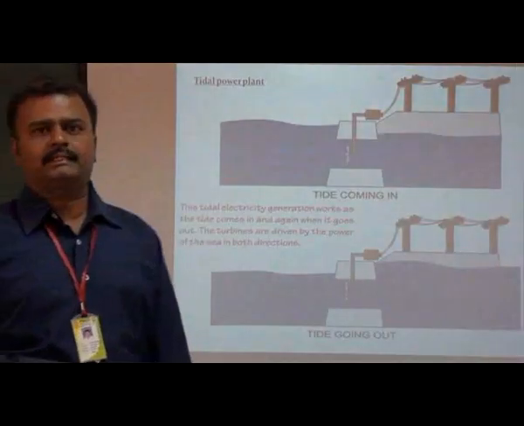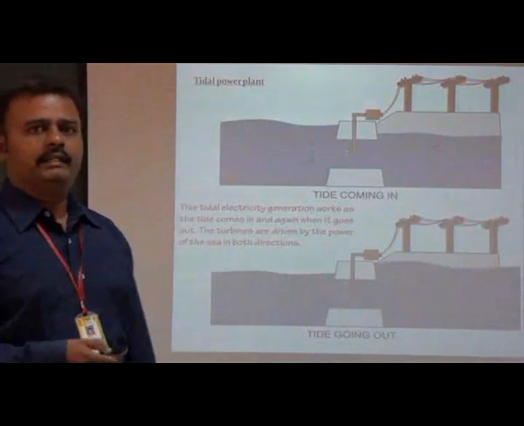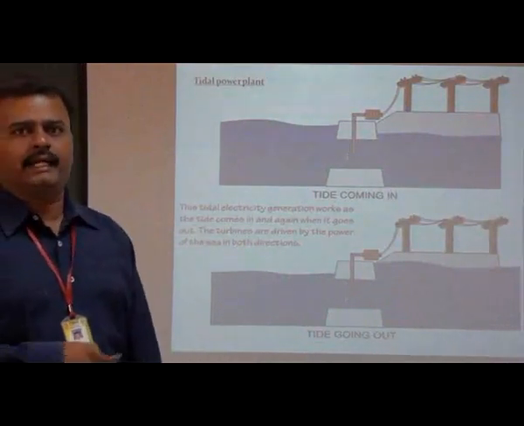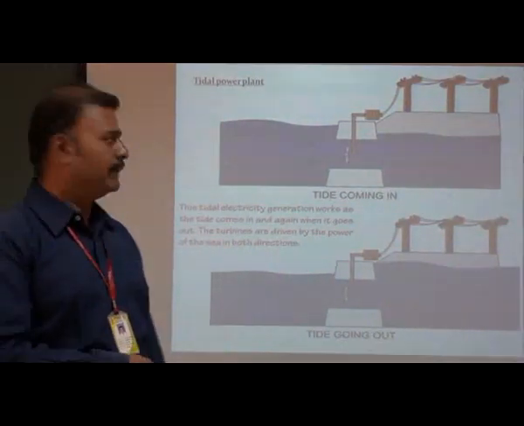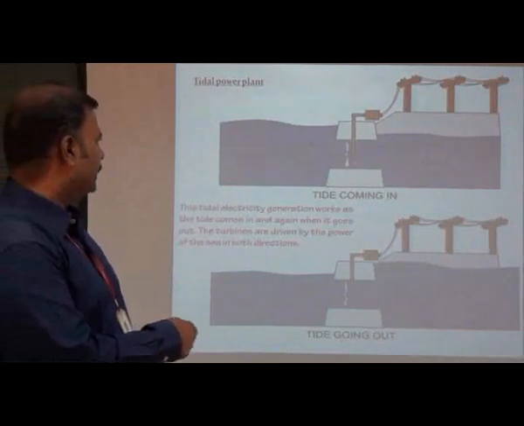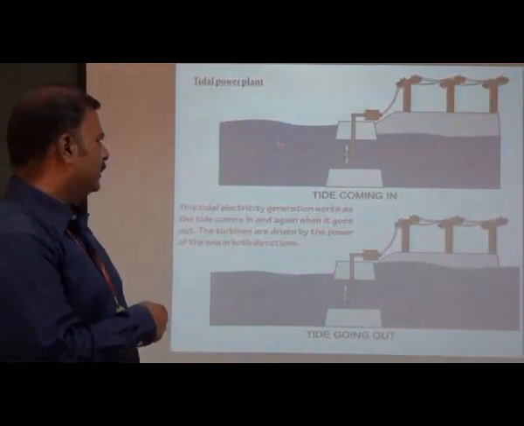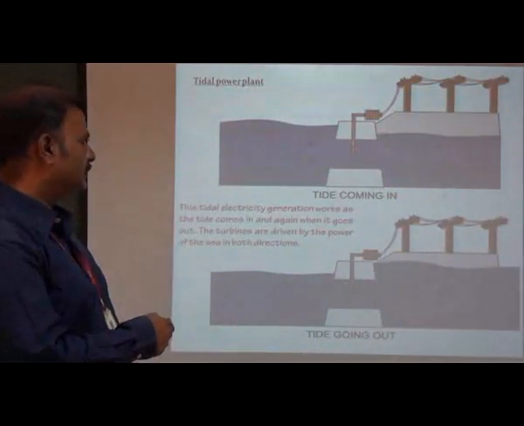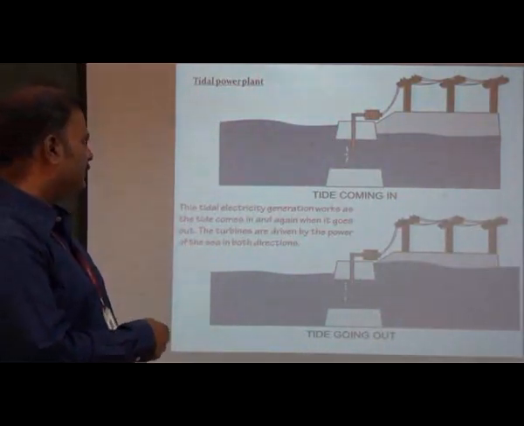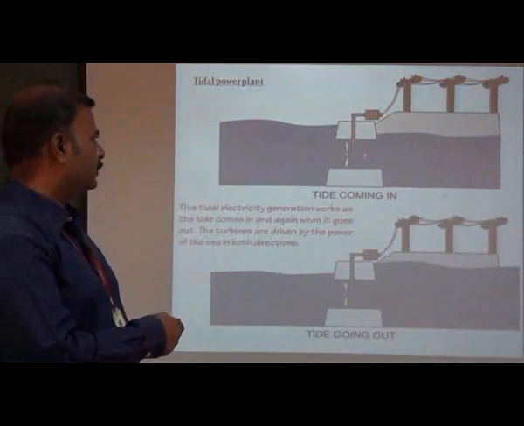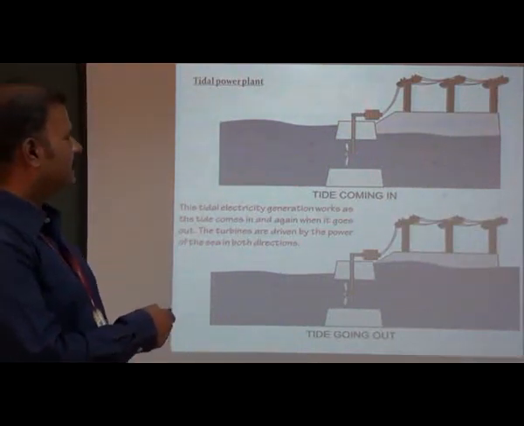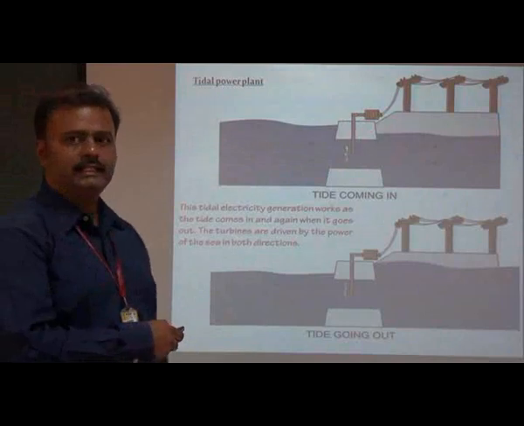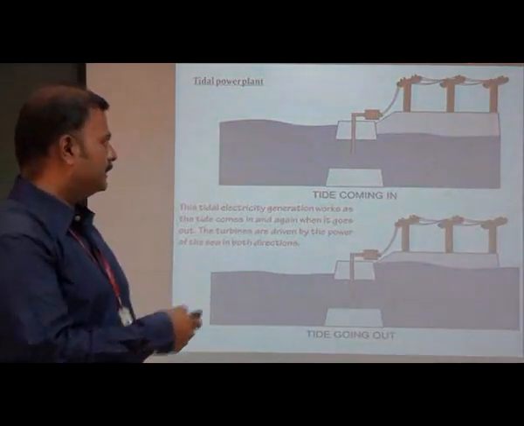The next power plant is a tidal power plant. The energy available during the tides is utilized to produce power. The upcoming tide is called a flood tide. When the tides are coming through this direction, they run these blades. So here the kinetic energy of the water is converted into mechanical energy. It is connected with the generator, so electricity is produced.